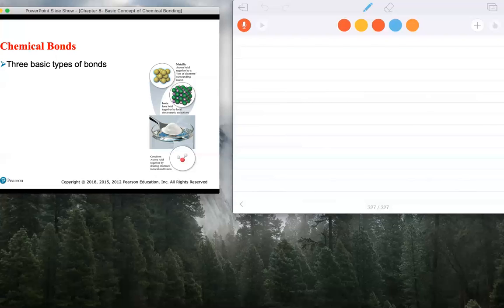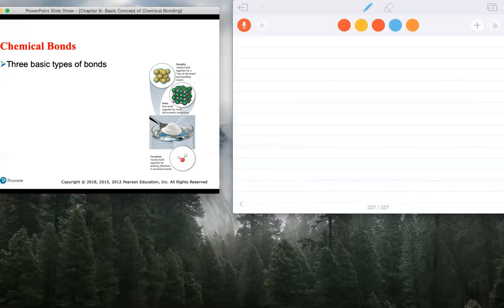Let's see, there are 3 types of bonding. I've just defined what a chemical bond is. All right, chemical bond in chemistry is defined as a strong electrostatic force of attraction between 2 or more atoms. And there are 3 of them. You should be aware, you should know, you should have at your fingertips. One,